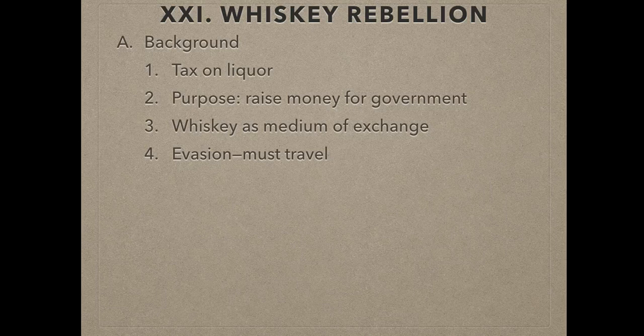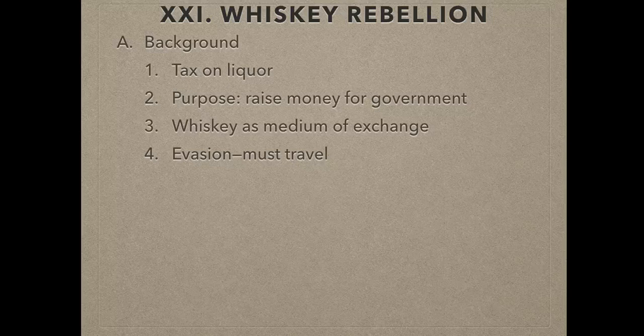I'll explain what this means. You don't need to write anything extra here unless you're interested in the Whiskey Rebellion. I wouldn't ask you specifics about the Whiskey Rebellion on a test. I would probably just ask you in general which of the following is true of the Whiskey Rebellion, and you'll want to know that it's a tax on liquor and that, well, let's get through this slide, and then I'll tell you what you want to know, what to highlight.